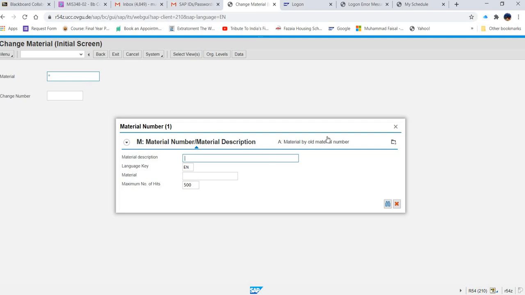you will see some menu. Now in this menu, when you use this F4, first of all, make this thing clear. You use F4 when you know a little bit about some data, some record.